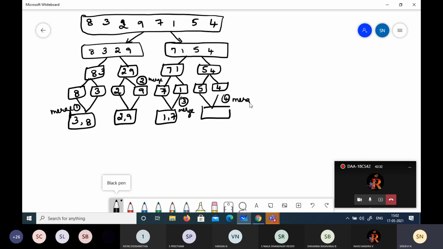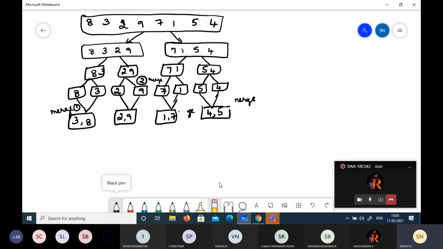You will have to show it in this way only. Okay, if you are asked, 4, 5. Then again the merge happens between these two. So what happens is, different parts will be merged. Those are two different halves. Okay, 1, 2, second merge.